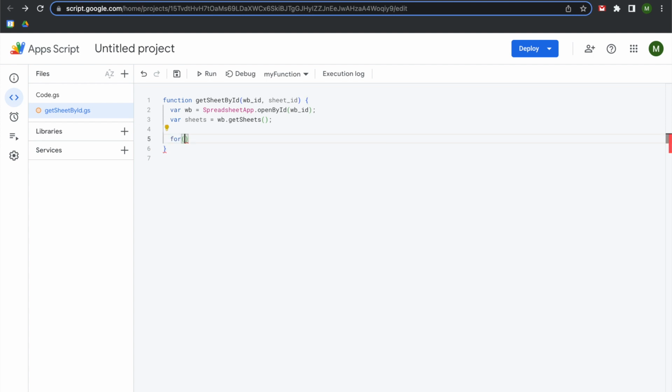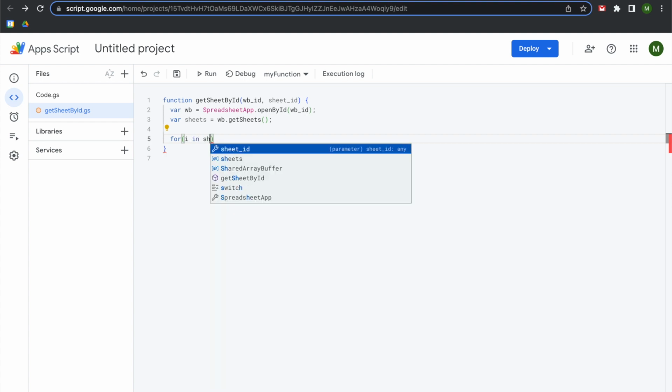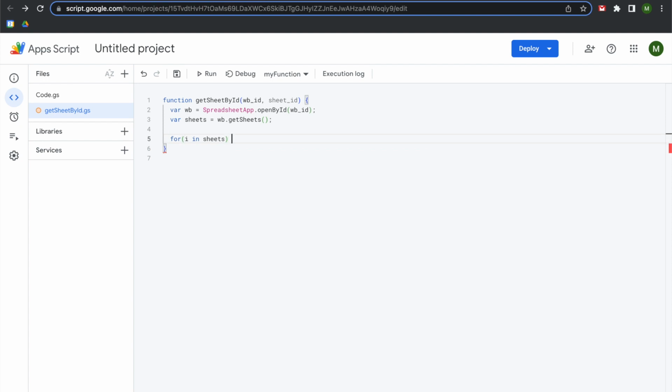We're going to open parentheses, and within that for loop, we're going to say i, which stands for iterator, but that i is a variable. So you can put in whatever you want to. You can put your name, you can put the letter a, you can put x, whatever you want to. I use i because frankly, that's what I've seen in all the tutorial videos that I've watched. So for i in sheets, we're going to do a space, we're going to do a curly bracket,